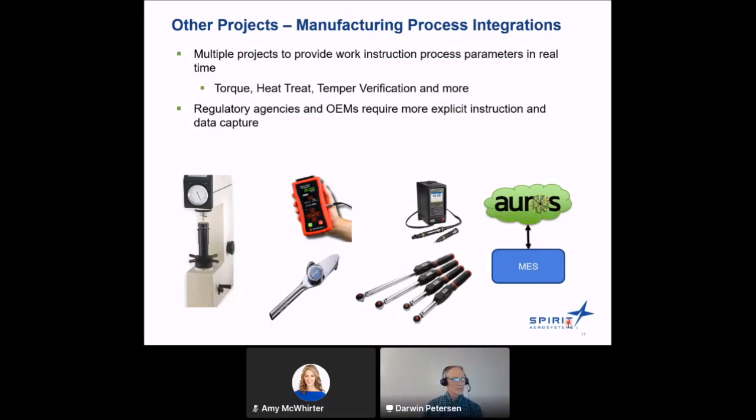Providing work instruction process parameters in real time is one conceptual area of activity. Things like torque, heat treat, temper verification, and others. Some of these, and all of you are involved in understanding and using process specifications.